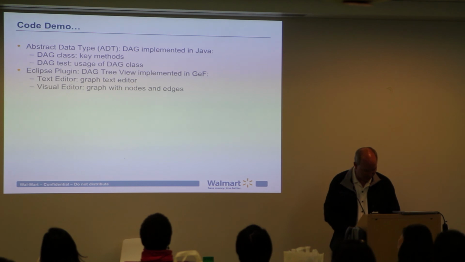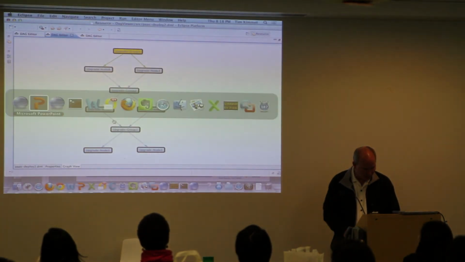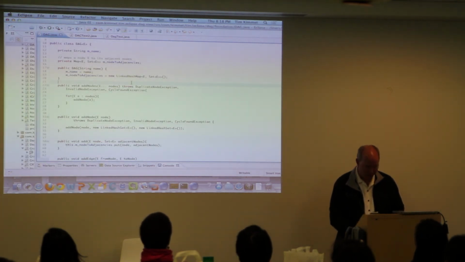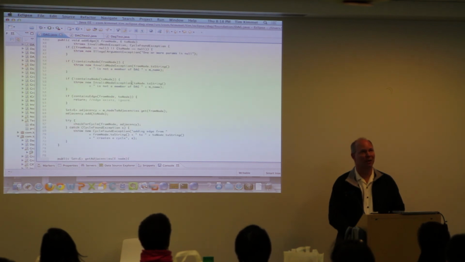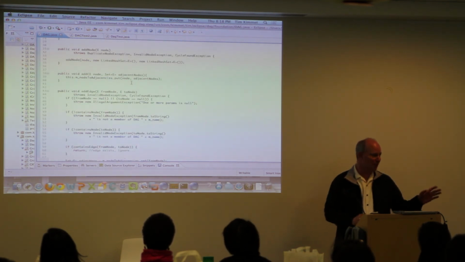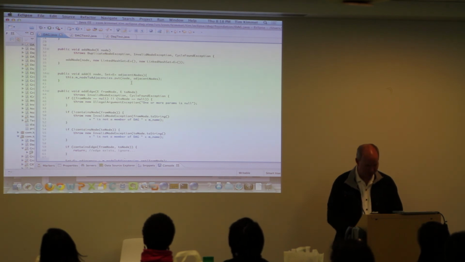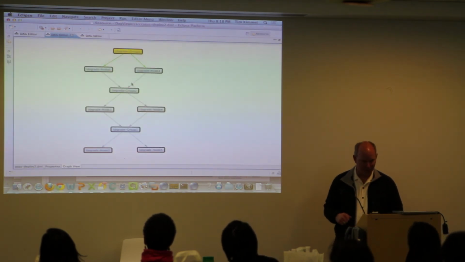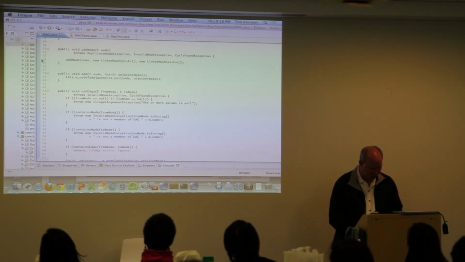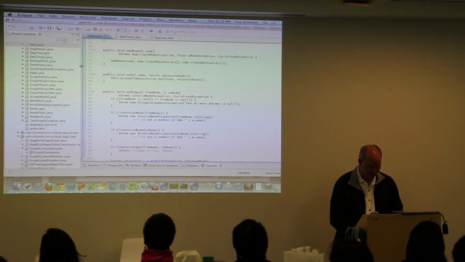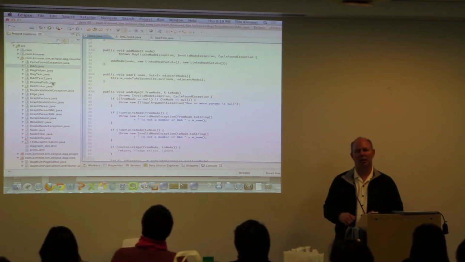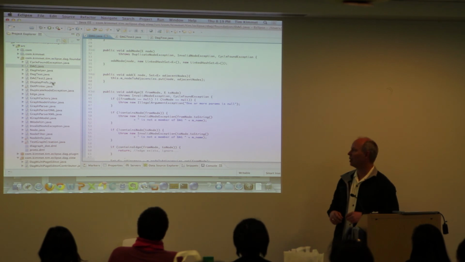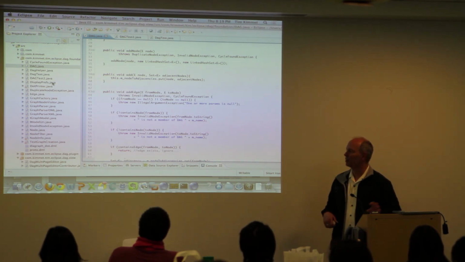So I'm going to give you a little demo now of some of this stuff. So this is my DAG. You guys in the back probably can't see it really well, but just to show you, it's actually running code. It's in Eclipse, and this is actually a plugin that is sitting here. The actual plugin code is sitting over here. And this uses a library in Eclipse called Geth. And Geth is basically a graphical piece in Eclipse that a lot of the things you actually see in